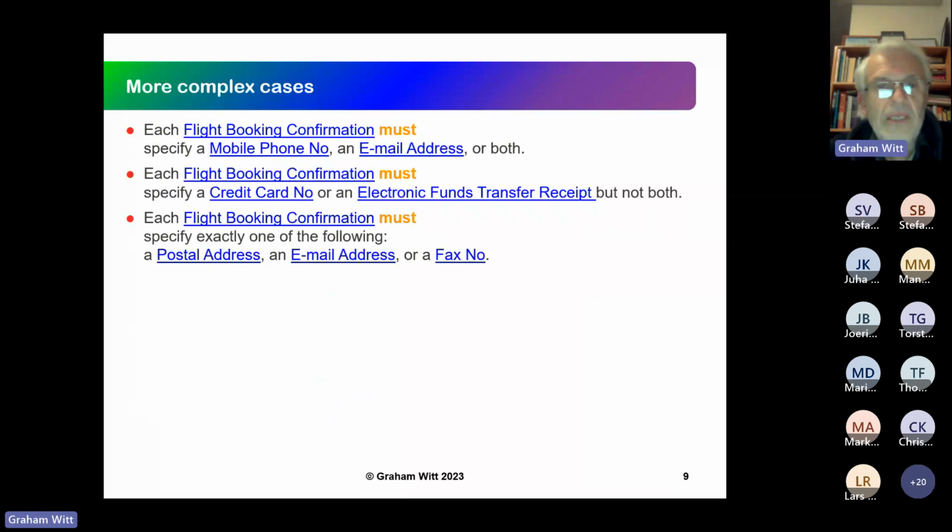Okay, there are more complex cases. So what we also discovered is that things are not always mandatory or optional on their own. It depends what other things are there as well. So